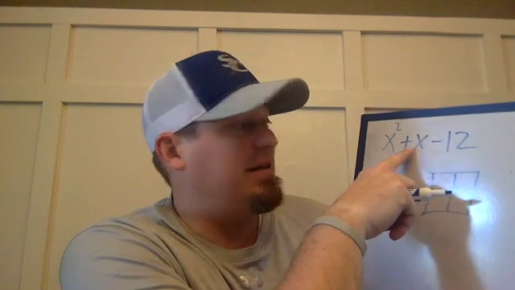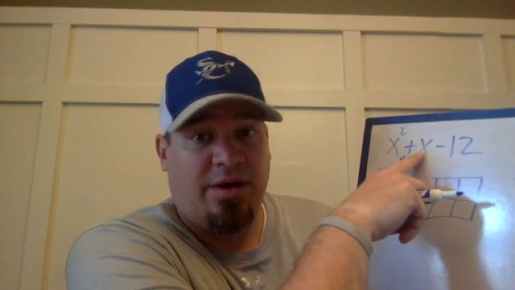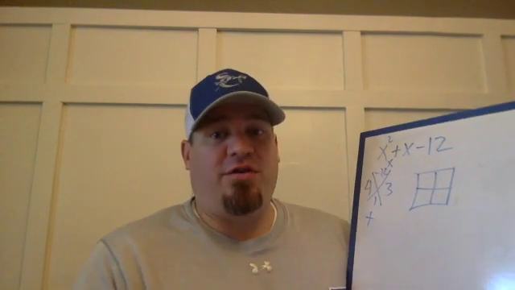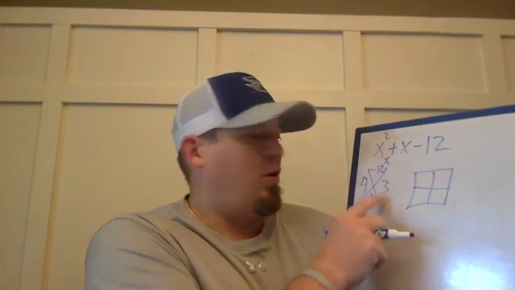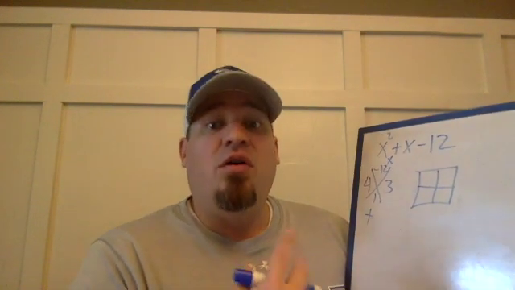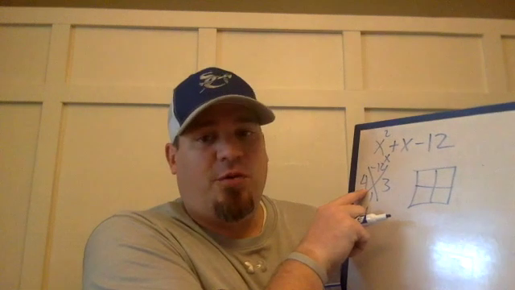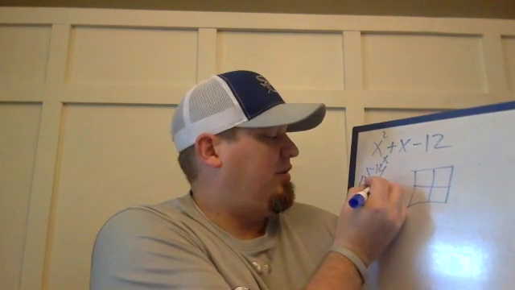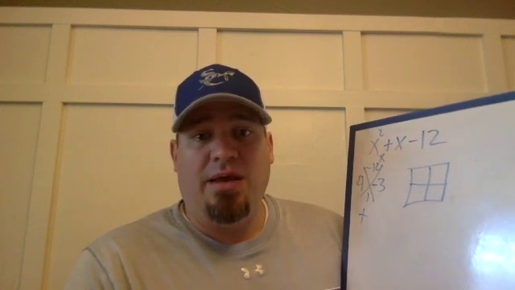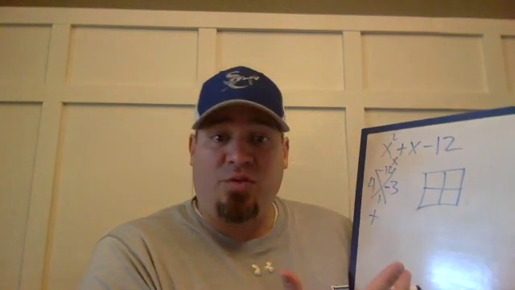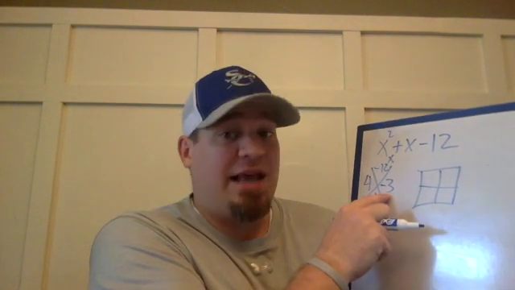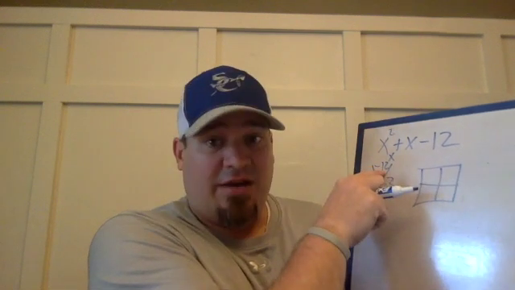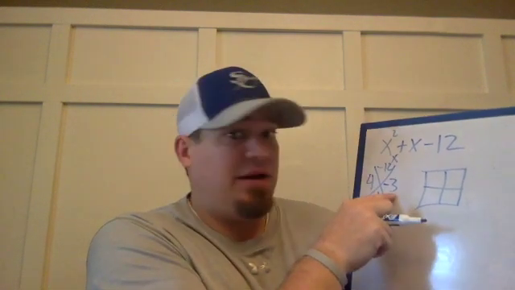Since this is positive 1, that means my bigger number is going to be positive. Well, which one is bigger, 4 or 3? 4 is bigger. So that means 4 has to be positive, which means the 3 is the one that is going to be negative. Now my x works, because 4 times negative 3 is negative 12, and